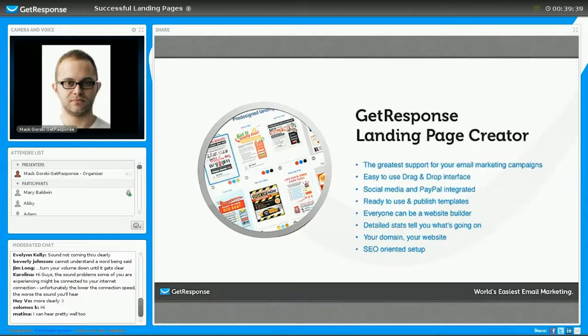So, of course, we give you two custom domains: GetResponsePages.com and SubscribeMeNow, which you can base your landing pages on, basically by just creating a subdomain on that, and it's done totally automatically. And every single landing page created in the new GetResponse tool has an SEO-oriented setup. So you give the title, you give the description, and most likely those will actually be visible in the Google